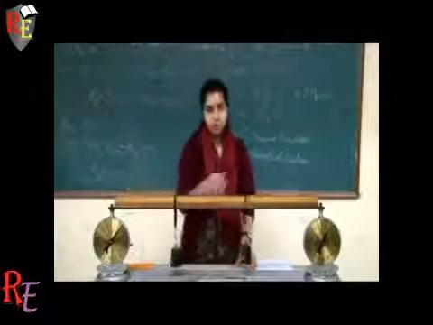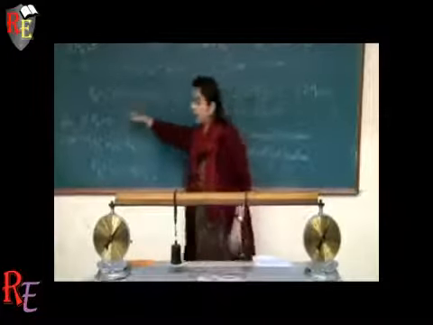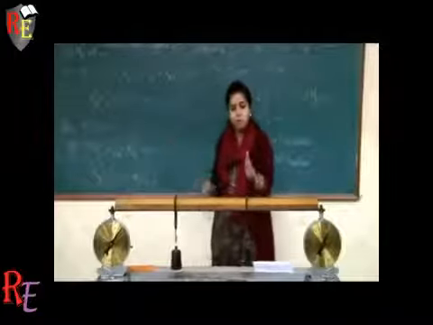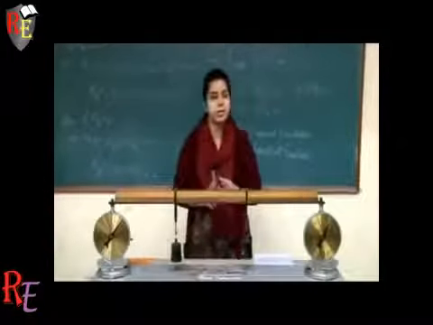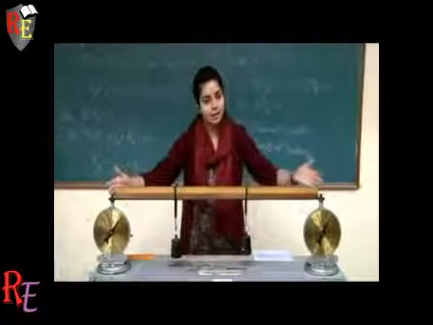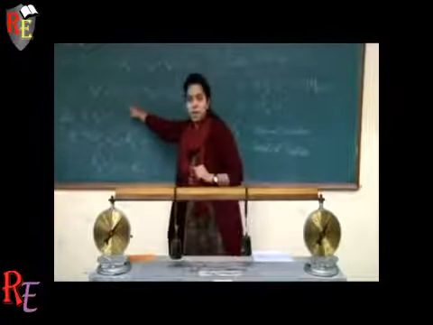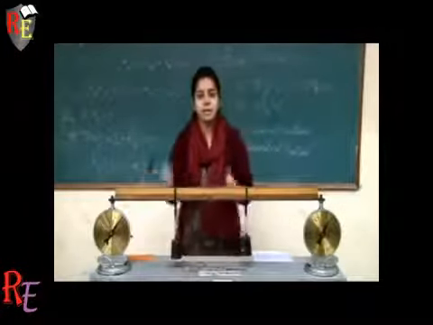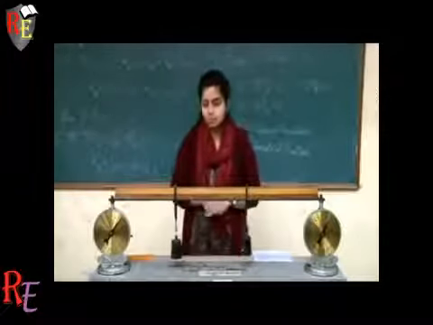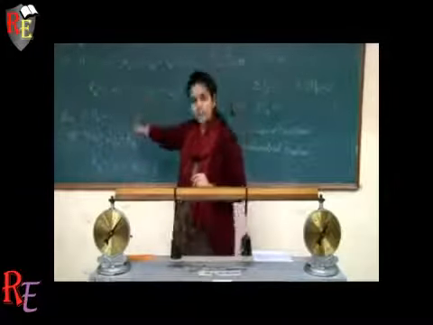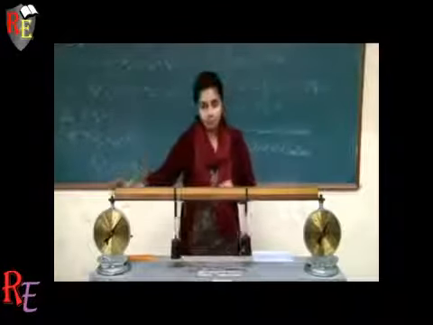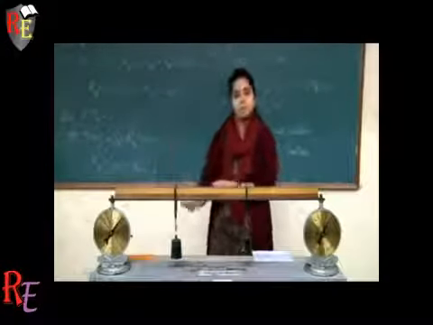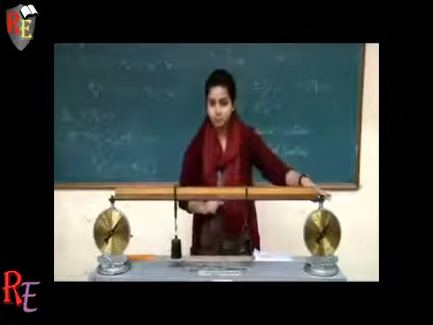Similarly, for the same position, the second step is to calculate RA dash and RB dash, which are your theoretical reactions. Now, for one fixed position, you have 2 sets of readings: observed reactions RA and RB and theoretical calculated reactions RA dash and RB dash. The main step now is to find the errors in these readings, which is done by RA minus RA dash. That becomes your error in reading from support reaction A, and RB minus RB dash, which becomes the error in reading from support reaction B.